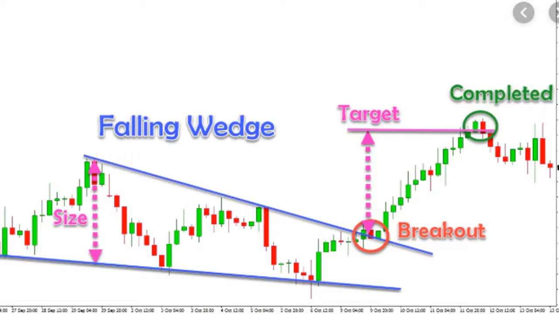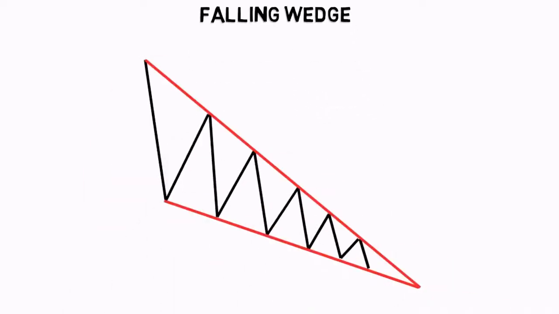Upon breaking to the upside, the top of the wedge, the pair made a nice move upwards that is approximately equal to the height of the formation. In this case, the price rally went a few more pips beyond the target. So if you kept your position open, you could even secure a little bit more than the actual height of the wedge. A falling wedge is a bullish formation pattern where price makes lower lows and lower highs, but the